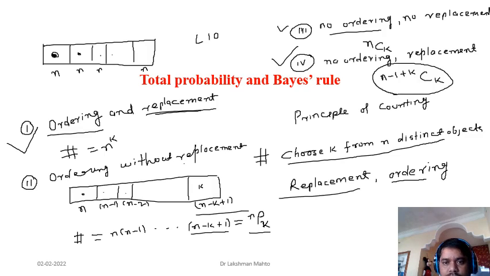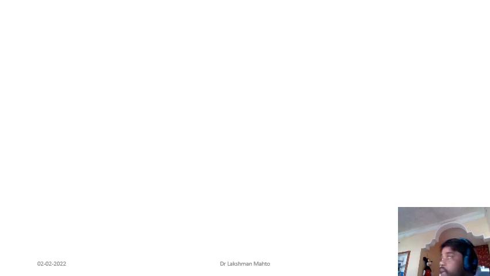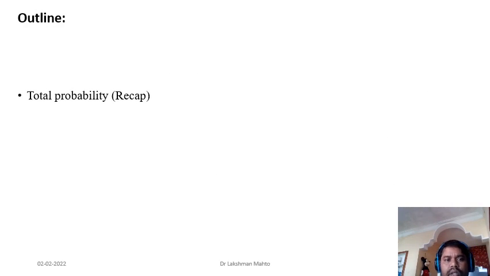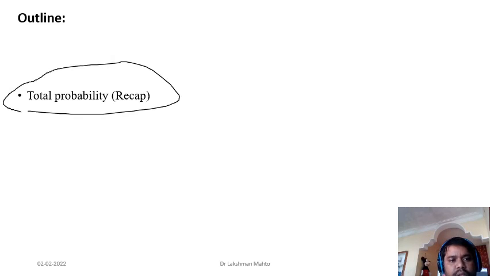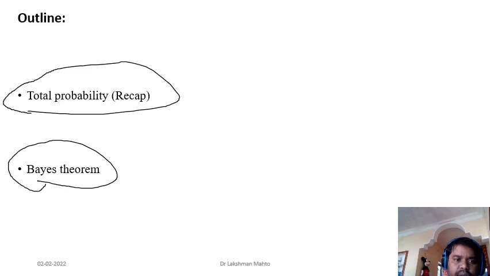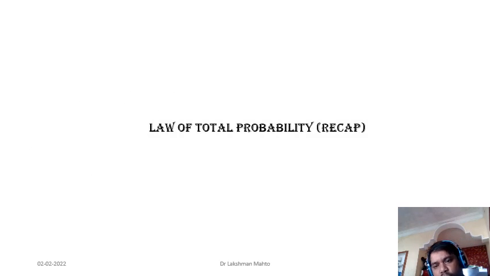Okay. So I am going to start today's lecture. Today, I will discuss in detail again total probability and Bayes rule. Once you understand total probability and conditional probability, then you can easily understand Bayes rule. That is the concept of Bayes theorem. Some books write it as Bayes theorem. So I will take a few recaps from total probability. I have taken a few examples here.